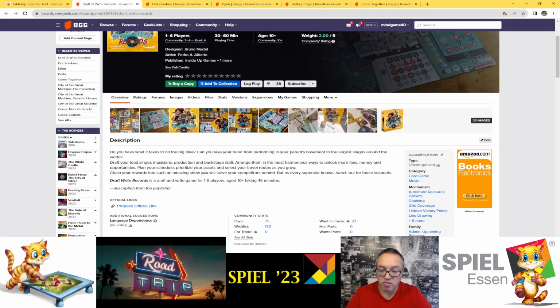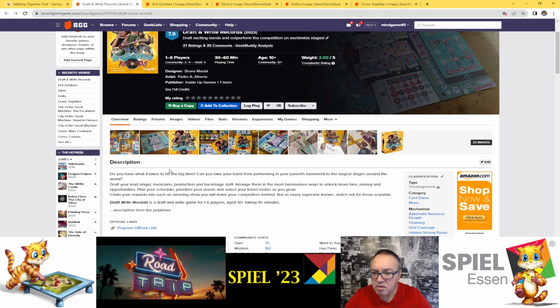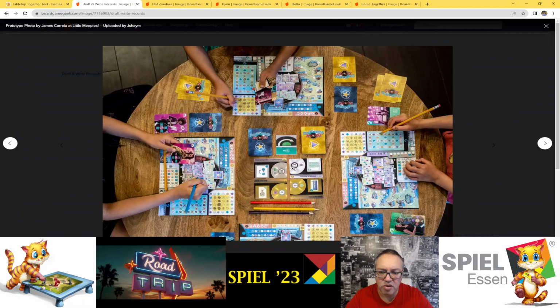It's a draft and write game for 1 to 6 players. I'm actually curious, because drafting I love. I do like roll and writes. I have like 2 of them. And then look at the pictures. It's quite involved. I like how it looks, to be honest. I don't know what all these things do, but